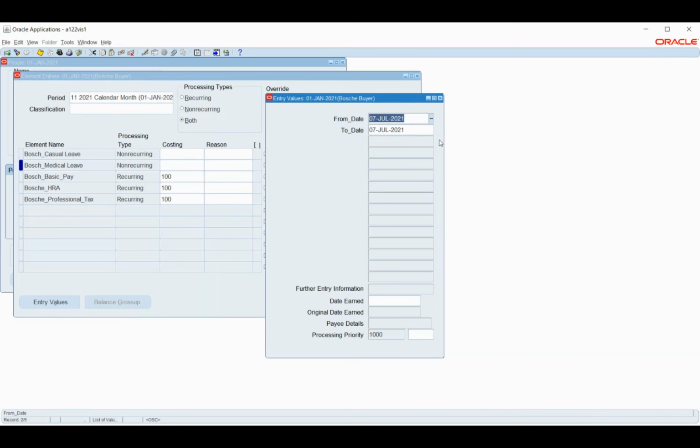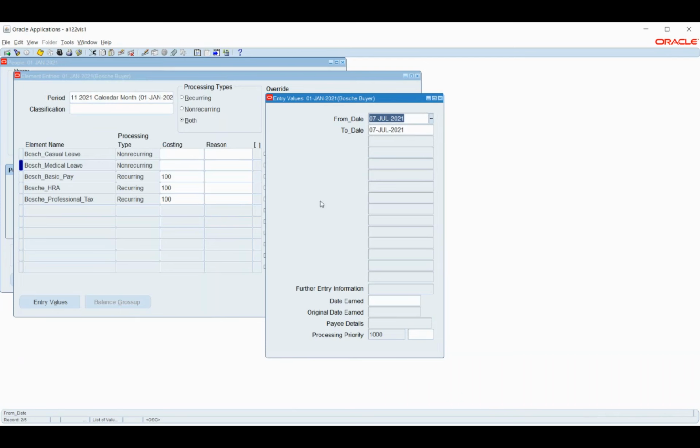There are certain rules that we will write to calculate the loss of pay value, which means how much amount I should deduct for this employee for 1 day, 2 days, or 3 days. Based on the fast formula that we have written, attached to the element, it will start calculating these values for us. Okay. So that is how it will work.